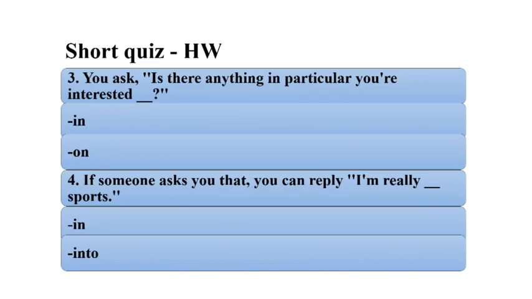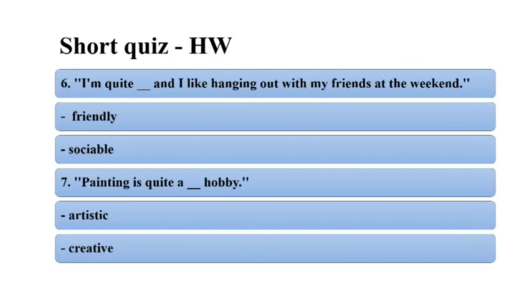You ask, is there anything in particular you're interested in, or is there anything in particular you're interested on? Okay? If someone asks you that, you can reply, I'm really in sports, or I'm really into sports. What do you say? Take another picture.